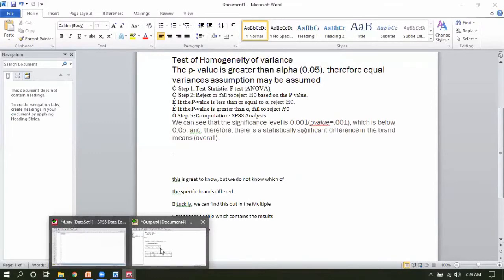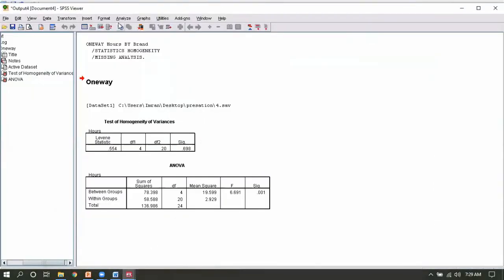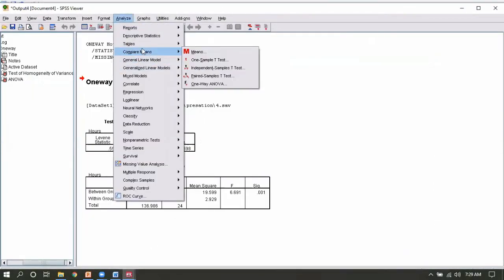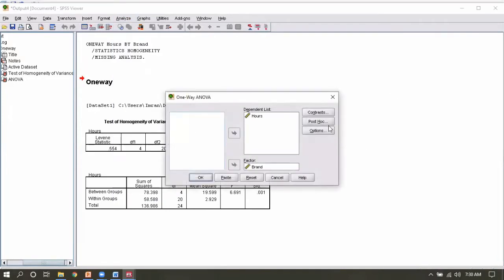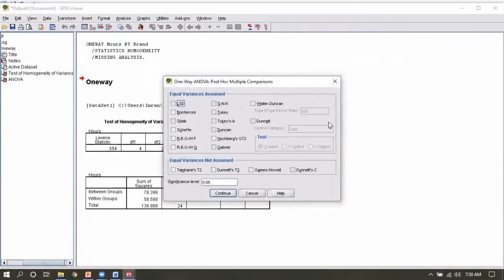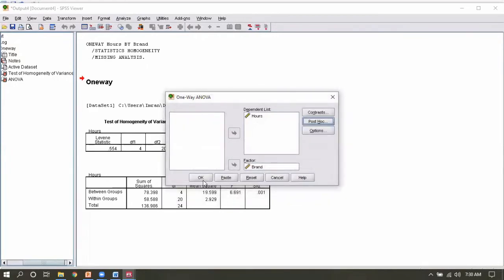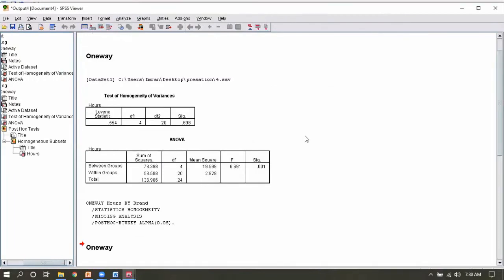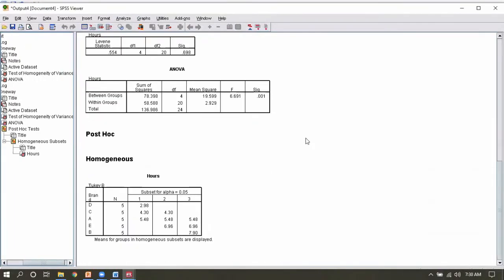Now how will we perform this? Go to Analyze, Compare Means, One-Way ANOVA, and click here on Post Hoc. Okay, continue and okay. You will see a big table.